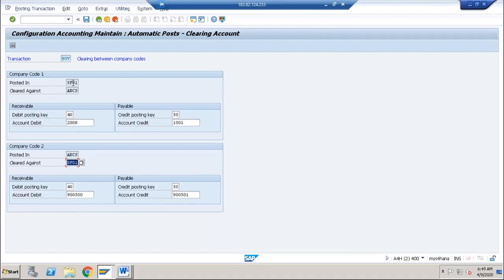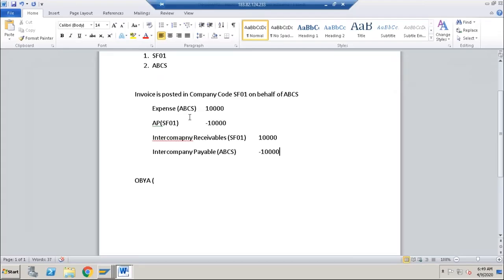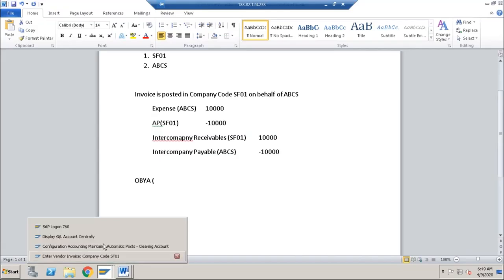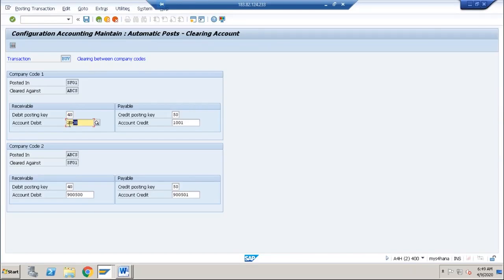As of now, company code SF01 is posting on behalf of company code ABCS. So here we need to create a debit entry in company code SF01. For a debit entry we normally use posting key 40, and this is where we provide the GL account.